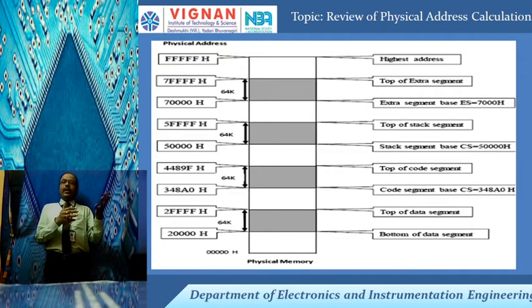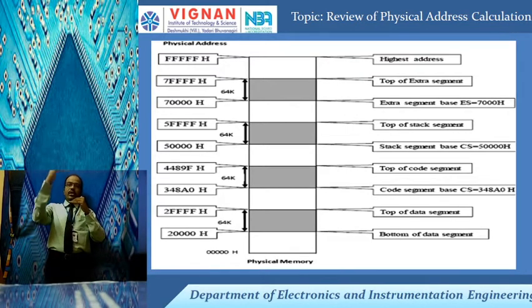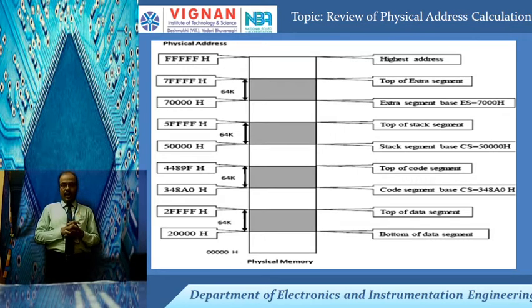So if it is data, that is a data segment, then there is a register called the data segment register that can hold 2000H, a 16-bit address. That is called the segment address. The complete physical memory is divided into two parts, the segment address and the offset address. The actual distance from the starting address of the segment to that location, 23456, is 3456H. So that 3456H is the offset address. There are other registers called offset registers that can hold this.